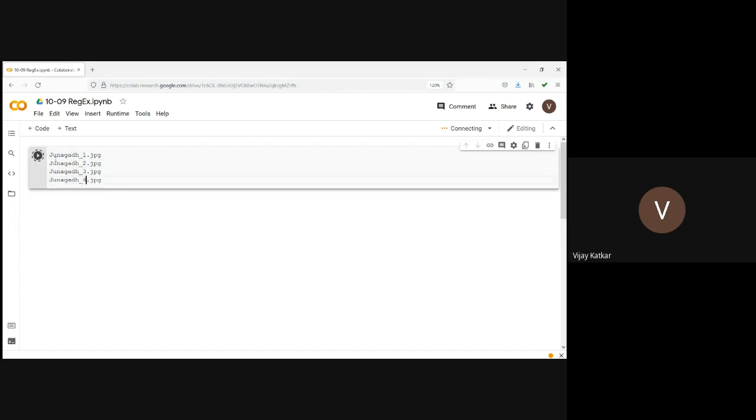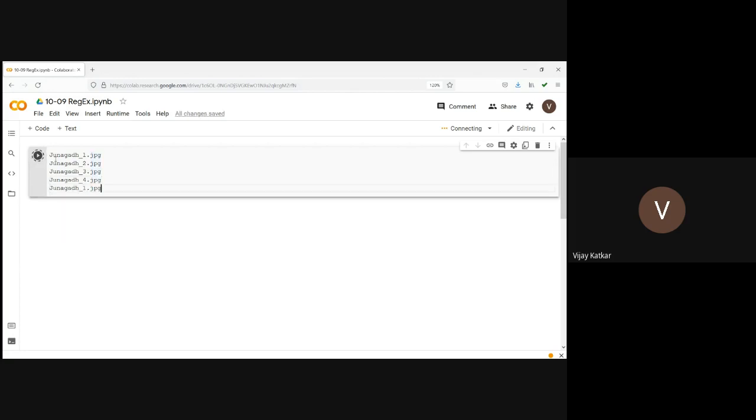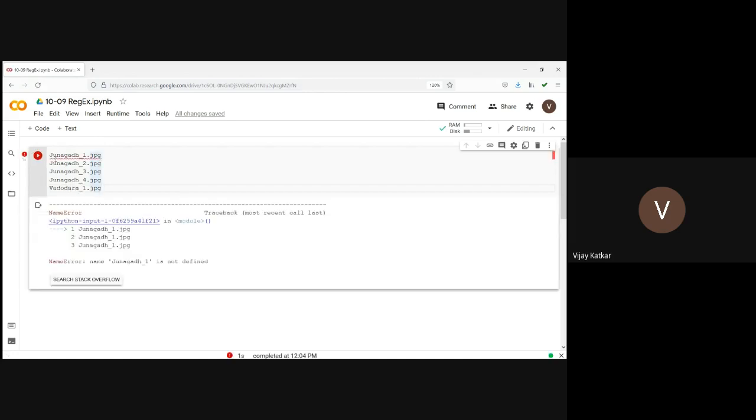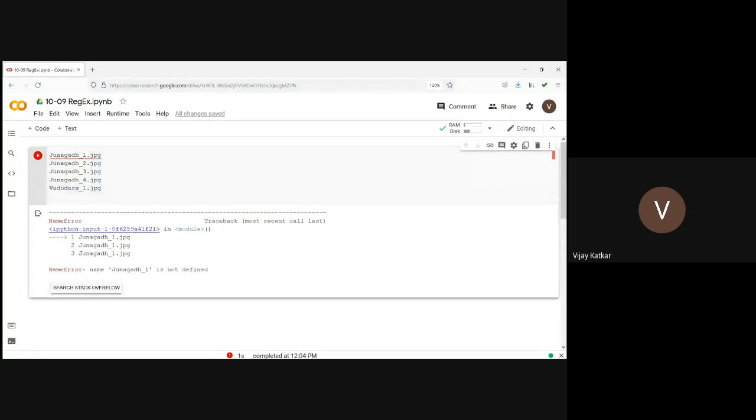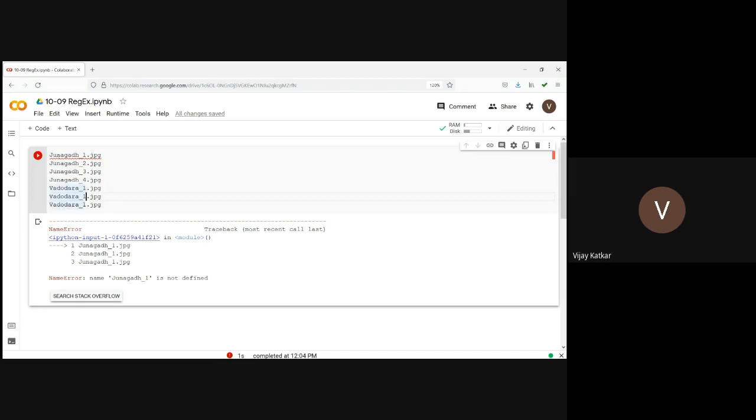And then after that, let's say you visited Vadodara. So you have images like Vadodara_1.jpg, Vadodara_2.jpg, 3.jpg, something like that. Now what you need to do, you want to identify the images which belong only to Junagadh, the photos you clicked when you were in Junagadh.